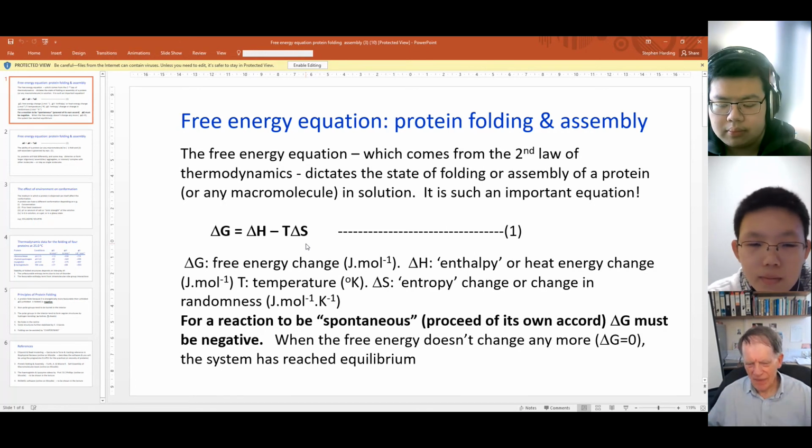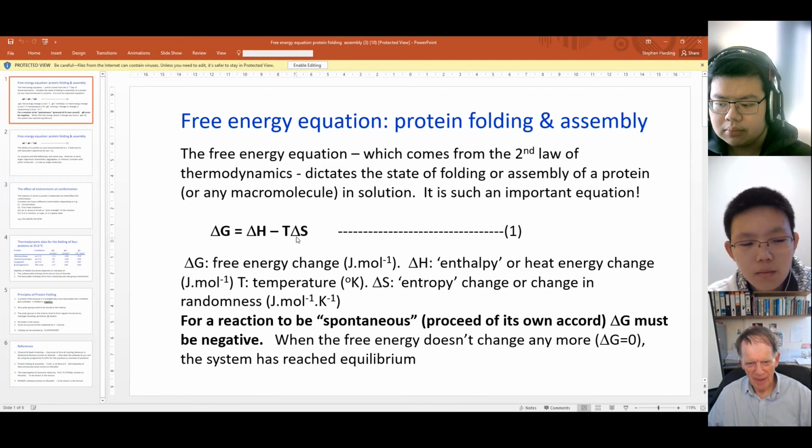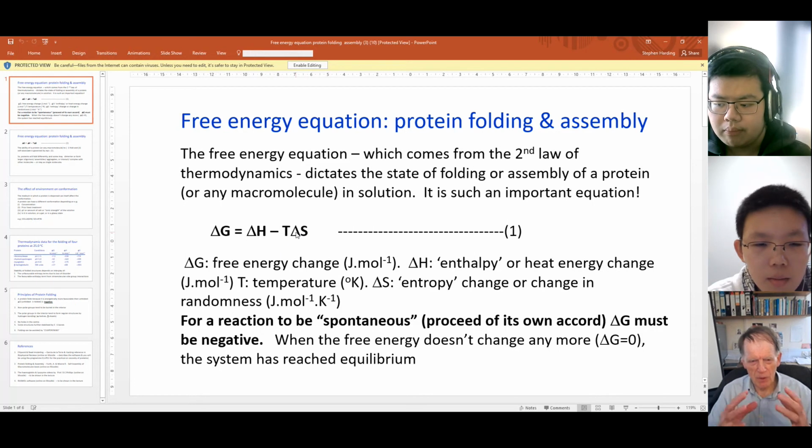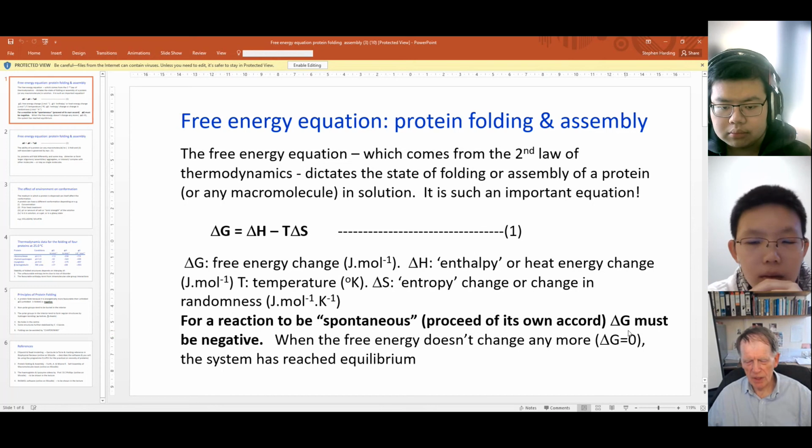And nature likes random, it doesn't like order, it likes things to be random. So if you make something ordered, then the change in randomness or disorder will be negative. And negative times a negative is a positive. And so if something becomes more ordered, generally speaking, this leads to an increase in free energy. And from the second law, for a reaction to be spontaneous or proceed of its own accord, delta G must be negative. So if we're becoming more ordered, that's not thermodynamically favorable, unless it's compensated by something else which is